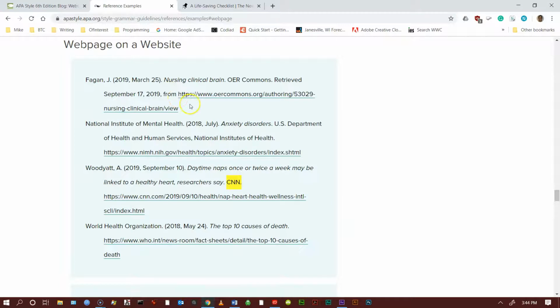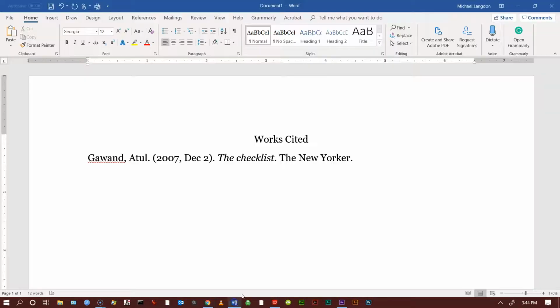So the first one has retrieved and then from. So I'm going to do that one. So I'm going to say retrieved December, or I should say November 25th, 2019